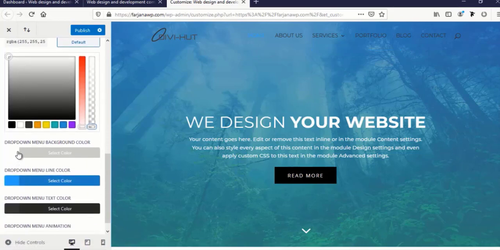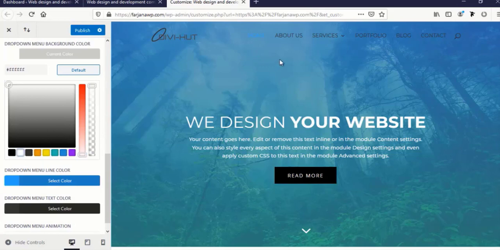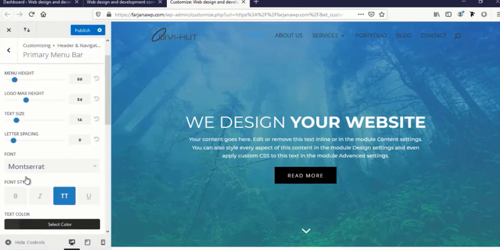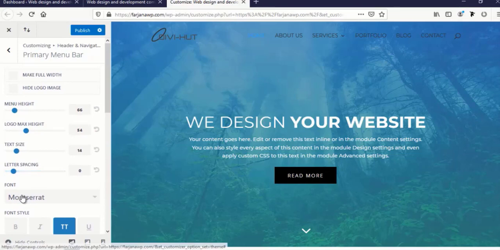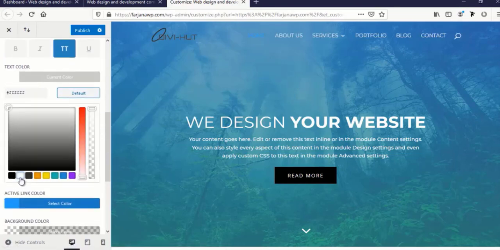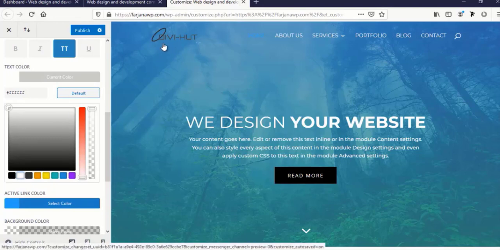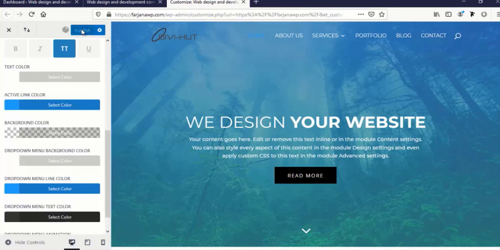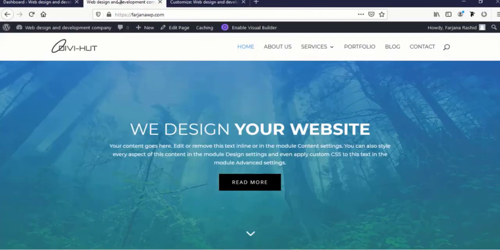So here drop down menu color, I'm using here white color, and I'm making the menu text color to white. We can also change our logo color to a white color logo. Now I'm going to save it and refresh my page again,